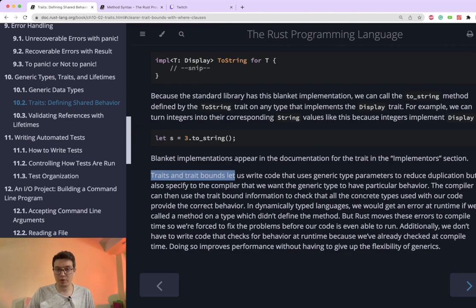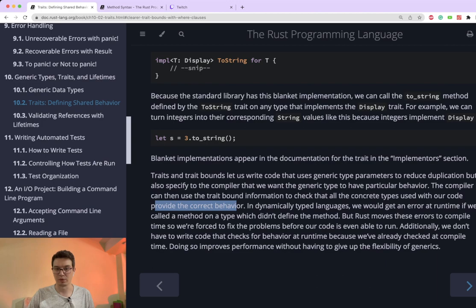Traits and trait bounds let us write code that uses generic type parameters to reduce duplication, but also specify to the compiler that we want the generic type to have particular behavior. The compiler can then use the trait bound information to check that all the concrete types used with our code